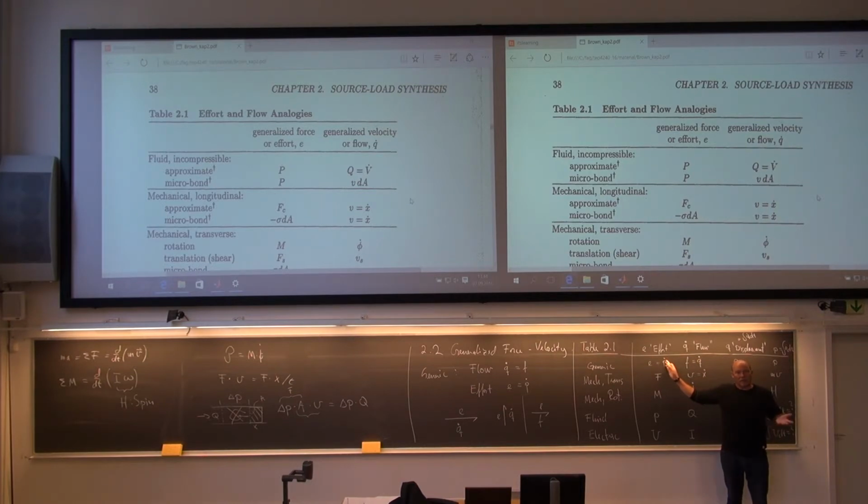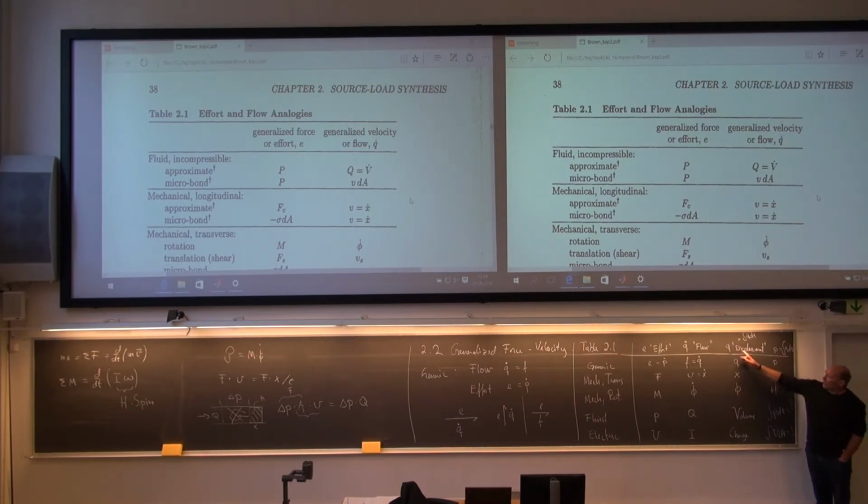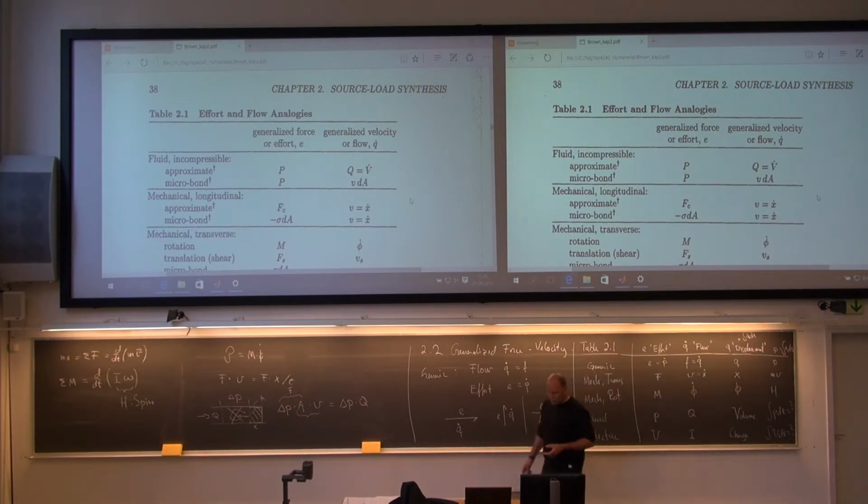Then in the end, when we have solved everything, we can use this table 2.1 to translate back to the different physical quantities. So we will have a whole bunch of q's as time goes by, finding this function as a function of time. And then we can say, okay, what kind of problem did I have? Well, it was mechanical, translatoric. Then it's a position, x as a function of time. So what these actually represent, you see from this table. So it's quite an essential piece of information to keep